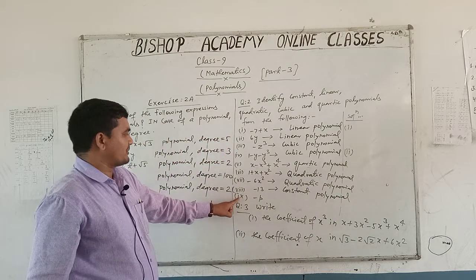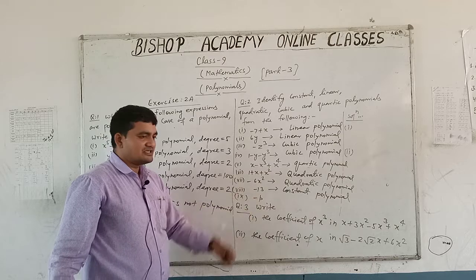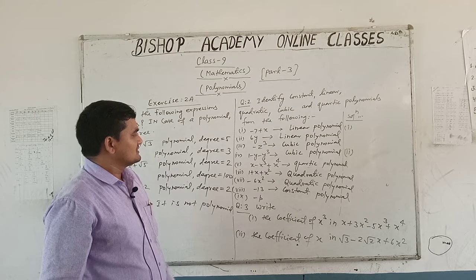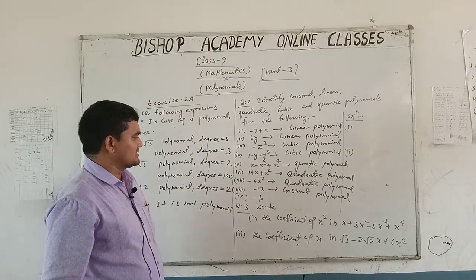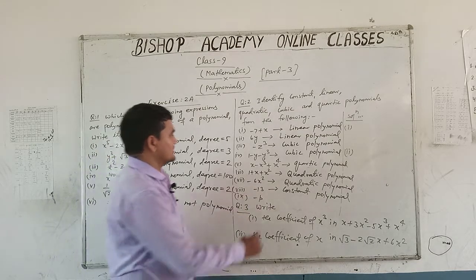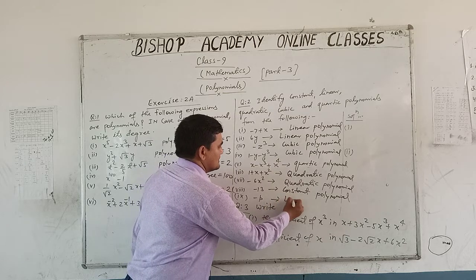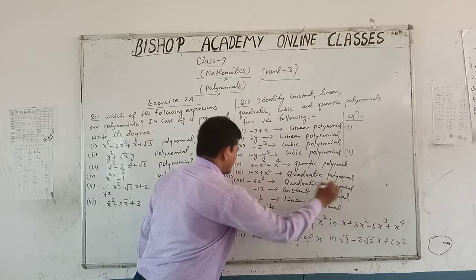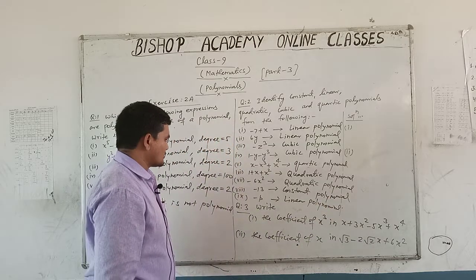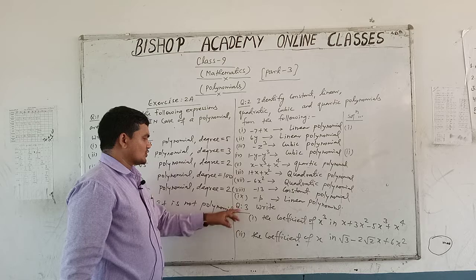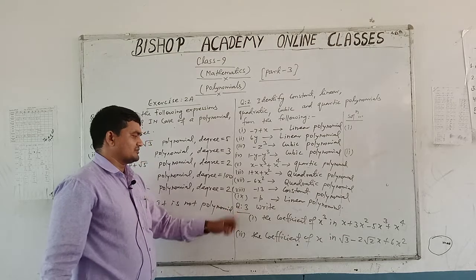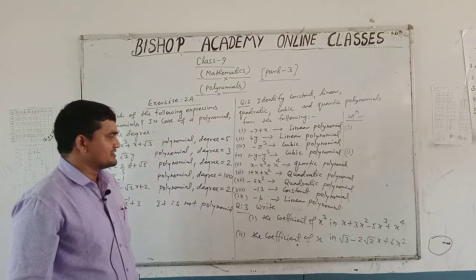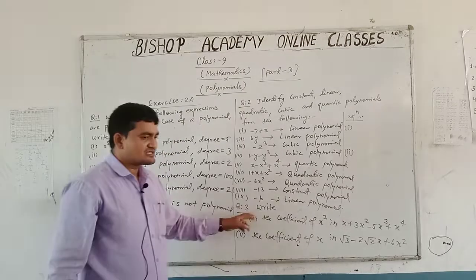And in ninth part -p, and here we see this polynomial containing highest power is 1, means its degree is 1, therefore it is known as linear polynomial. Now student, we will solve some questions of question number 3, means some parts of question number 3, and in question number 3 we have to find out coefficients, means multiple.